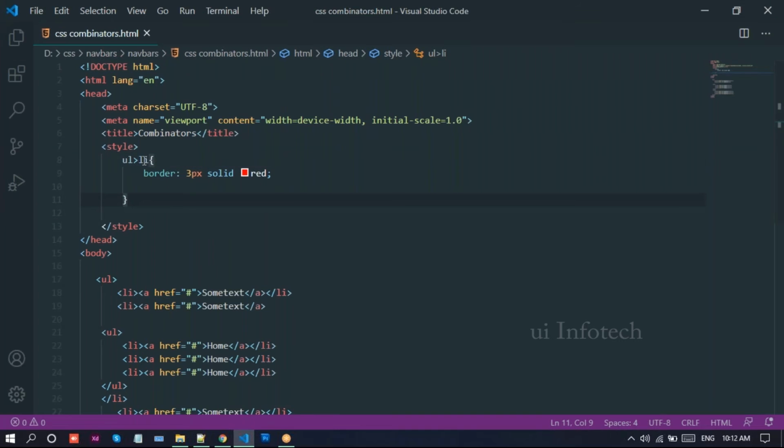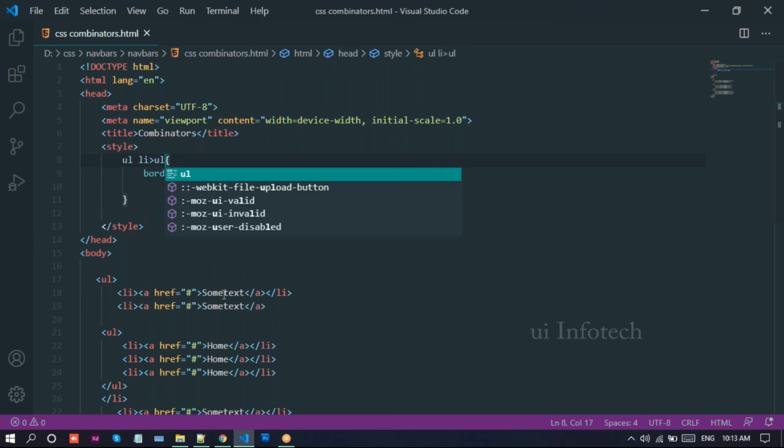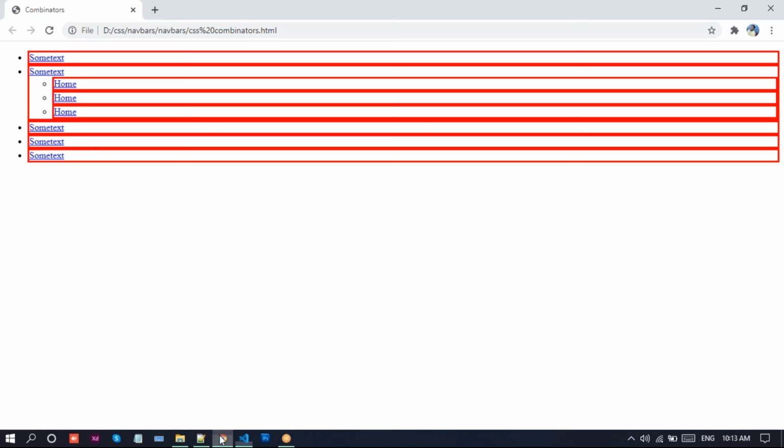Just reload this page. Nothing changes, both have the same meaning here. With the space selector, in the parent, all the li list items will be bordered. And if you want to apply to a particular child element.